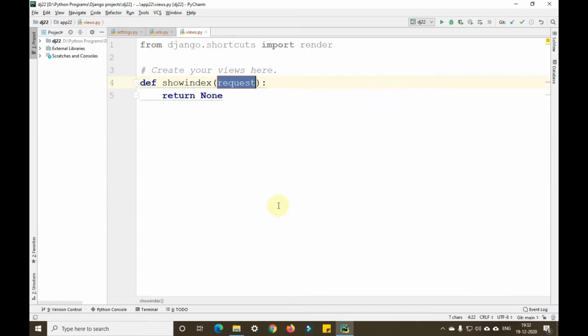Then we'll create a function here. In this we'll give some data here, that is data equals to 1, 2, 3, 4, 5, 6, 7, 8, 9, 10. So I'm giving some data here and I'm returning